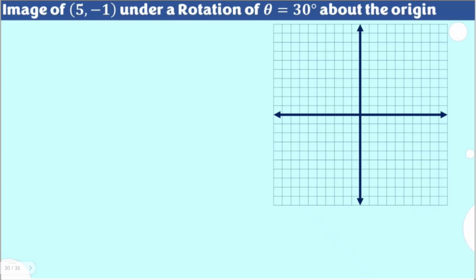Okay, the first thing that we could do here is to plot our point (5, -1): 1, 2, 3, 4, 5, considering that each grid here is 1, and -1 here. This is our point, 5 and then -1. And we are going to determine its image as we rotate it by 30 degrees